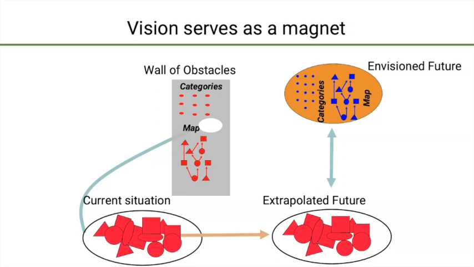Okay, so the current situation is where we are now. And in the classical approaches of analysis, we try to understand all the parameters of the situation where we are now. But guess what? One of the first rules of system science is that even if you solve all the problems that you have now, you will not solve the big problem of the system. You are going to just be in an extrapolated future, similarly problematic, because the problems are interrelated. By solving one problem, you might be creating another one. So this is why it is very important before